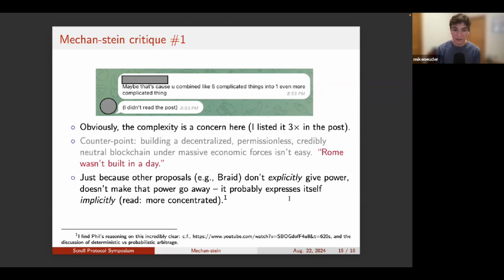And Phil had a really nice line of argument along this direction, talking about statistical versus probabilistic, or deterministic versus probabilistic arbitrage. Part of the reason why the original Flashbots MEV-Boost auction was a real-time auction was so that this deterministic stuff could happen in the open. It wasn't just someone who could stat arb in a way that is very positive EV in the long term but very complicated. It was intentional, because that deterministic stuff enforces that competition. And so I still am not convinced that any proposal, including Braid, is a magic silver bullet